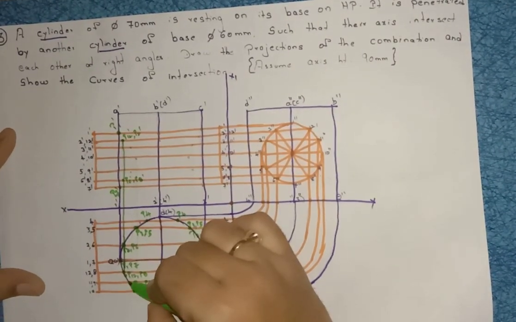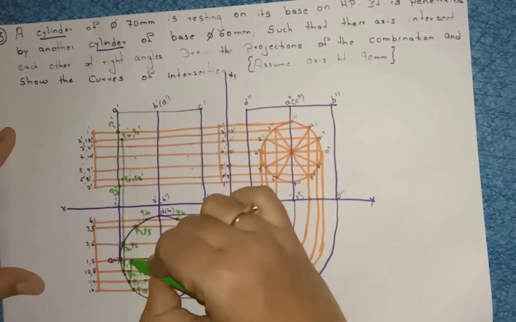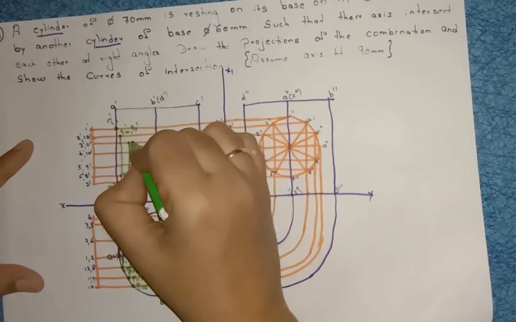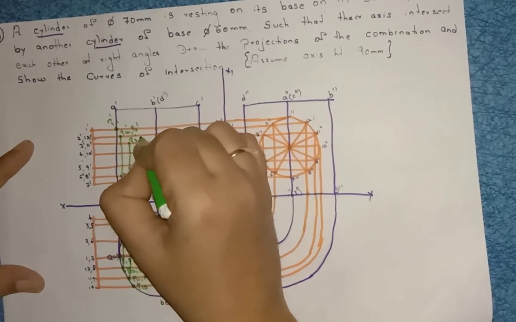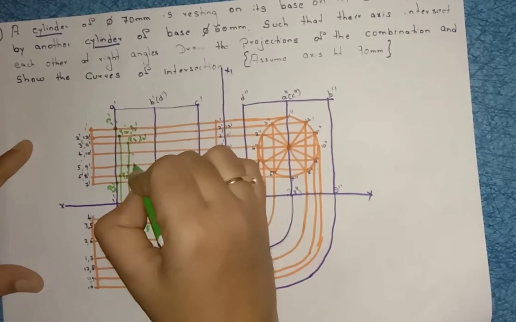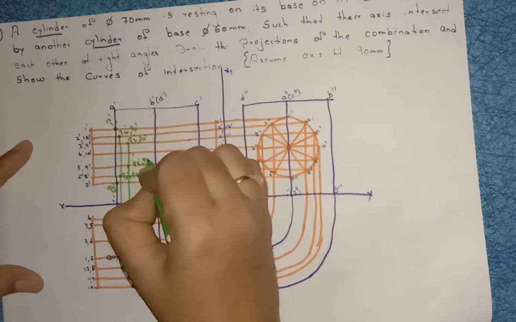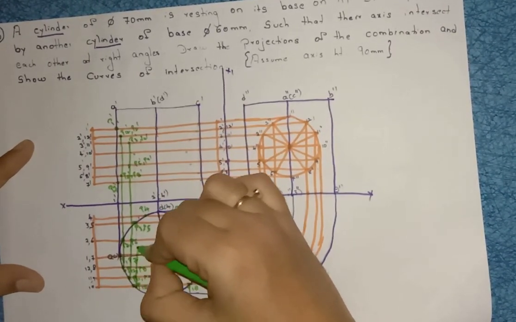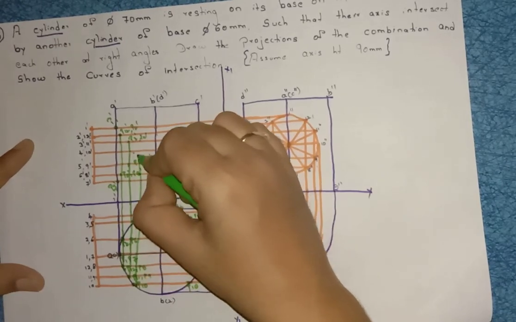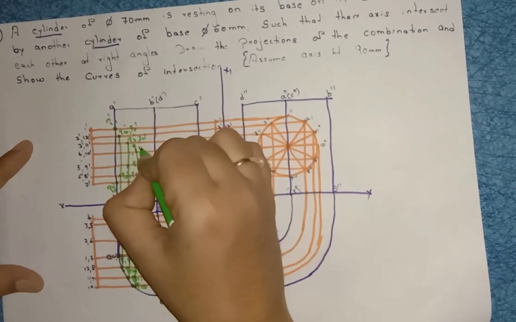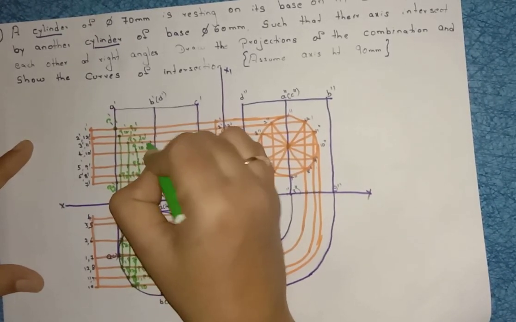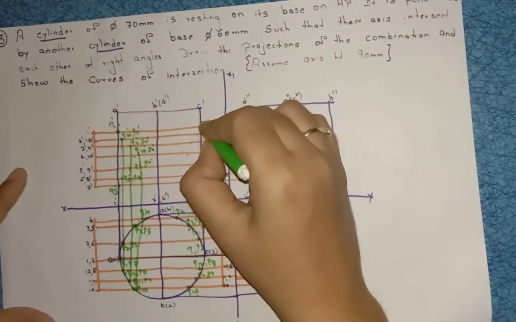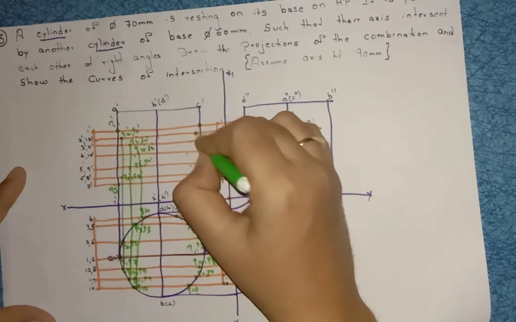Then next, if you join this one, 11, 9, 3, 5, you will get P3 dash, P11 dash, P5 dash, P9 dash. The last point is here P10, P4. If you draw a straight line, you will get here P10 dash, P4 dash, right? Same points here also, if you do like that, right?